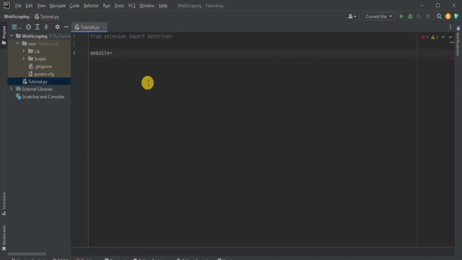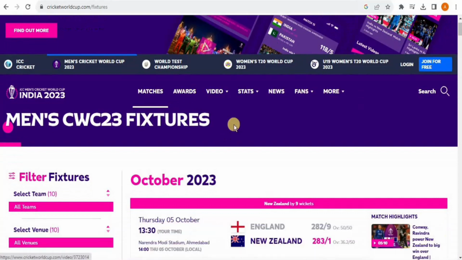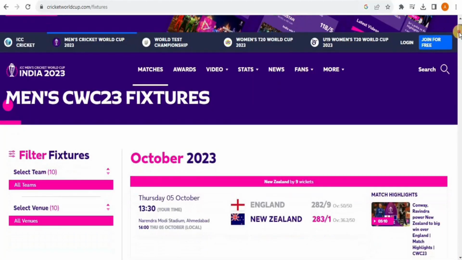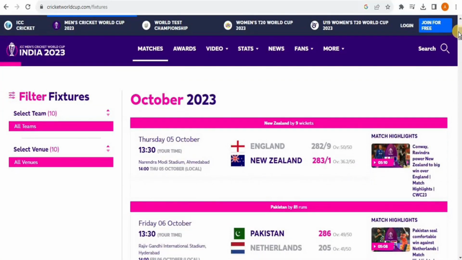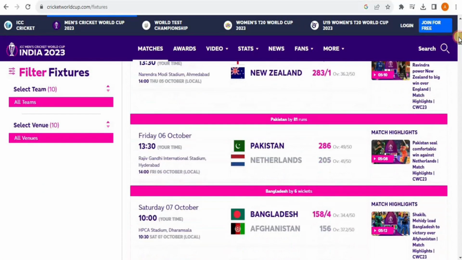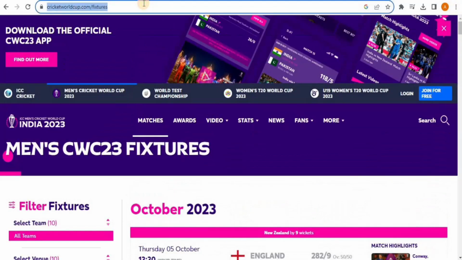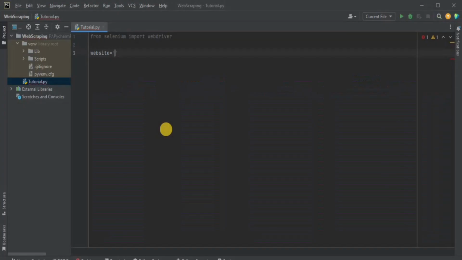For that, firstly we have to define the website which we are going to scrape. And this is the website whose data I'm going to scrape in this video. So it is actually the official website of ICC, and inside it I have gone to the Cricket World Cup, and these are the results of all the matches that were held during the tournament. So I'm going to copy the link from here, go back to our IDE, and then paste the path inside